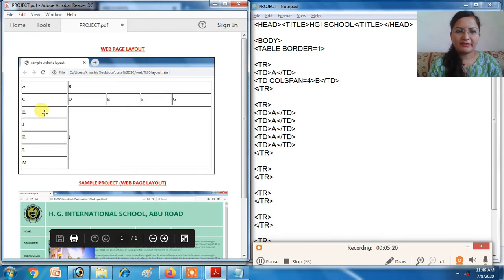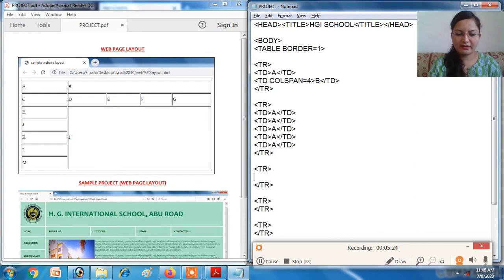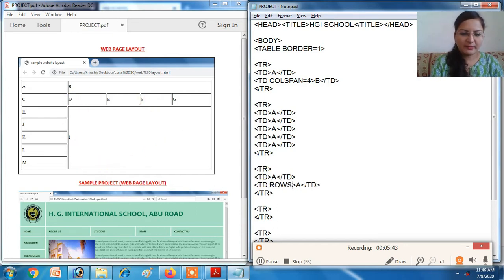Now in the third row there is 1 TD and a second TD. So 2 TDs you have to write. In the second TD you can see it is spanning 4 cells horizontally and 5 cells vertically also. This is one single cell. Here we have to use both rowspan and colspan. Rowspan equals to 5, and colspan is 4.